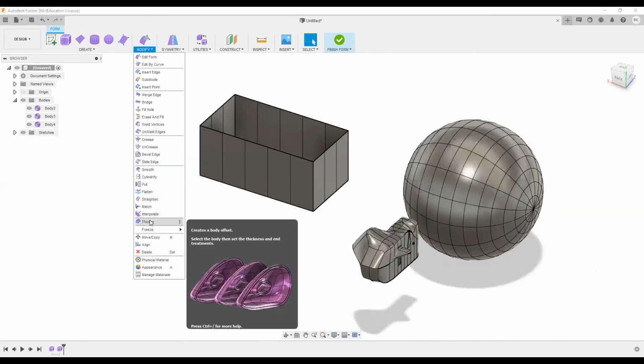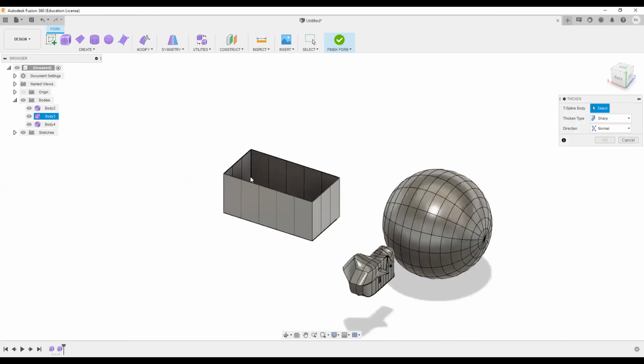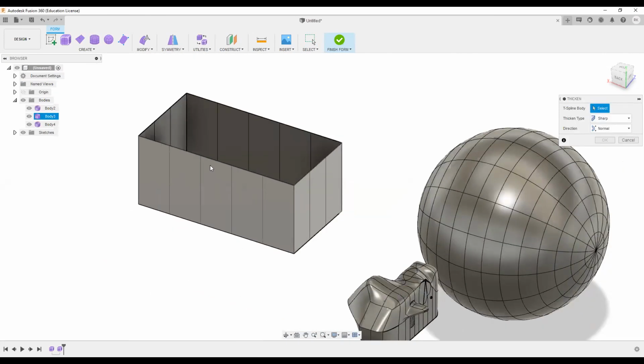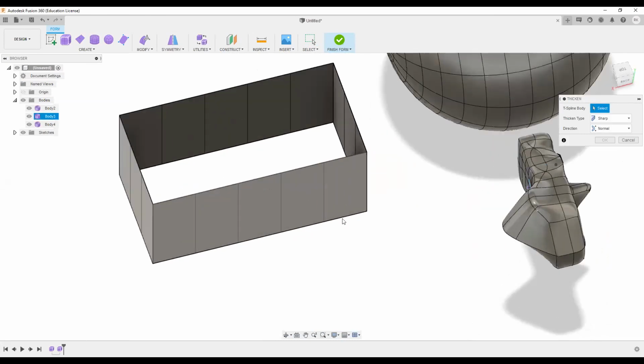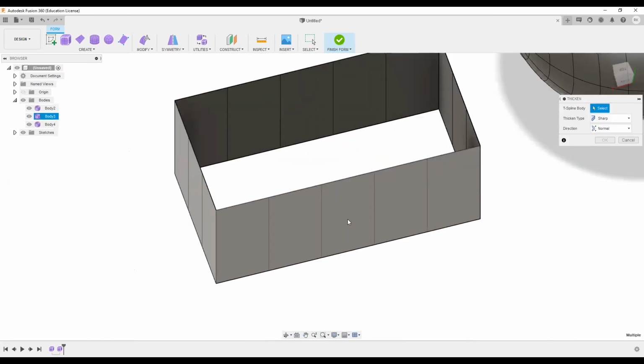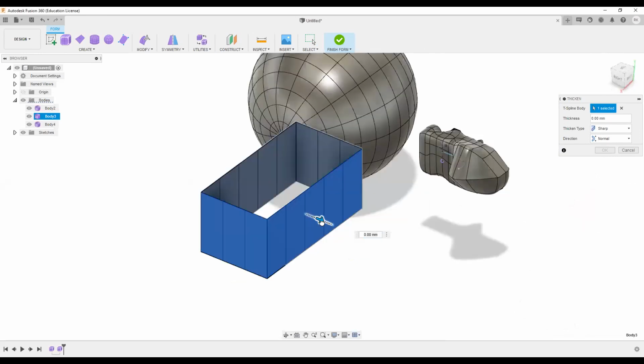I can explain this thicken option. For the thicken option, right now our particular body is a surface. As you can see, it's a 2D surface. But to give a particular thickness to that body, I'll select the whole body or the whole surface, and I can also drag it. So this way also I can do it. And if I want to give the number, I can give the dimension of the thickness.